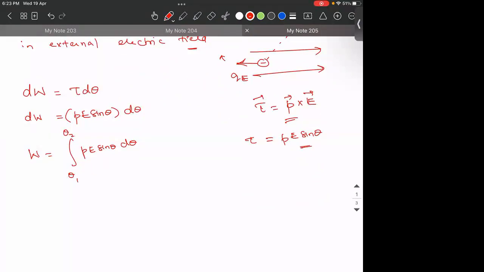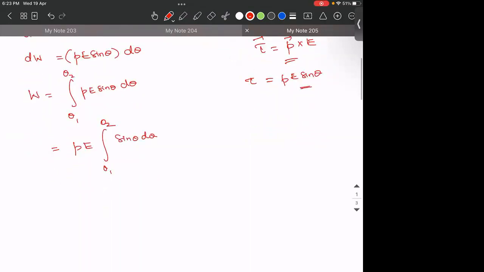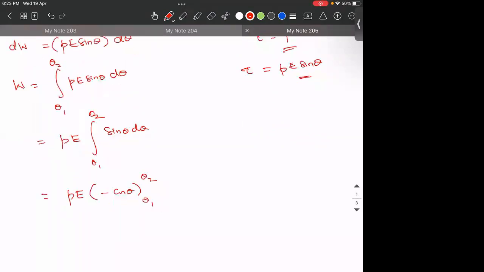So, what I am saying is, if the object is revolved from one angle theta 1 to another angle theta 2, then the total work done is given as integral of theta 1 to theta 2 PE sin theta d theta. So, P and E are constant. So, PE is taken out, integral of sin theta d theta from theta 1 to theta 2. So, what is the integral of sin theta? It is minus cos theta. So, PE into negative of cos theta from theta 1 to theta 2. Is the point clear? So, this will be equal to